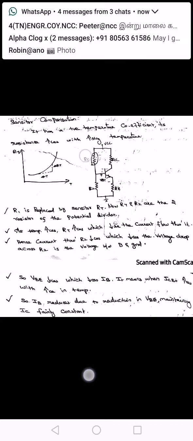So here the voltage increases, which means the voltage drop across the R2 resistance decreases, because we know when the voltage is high in one particular place, the voltage drop across the next resistance becomes very low. So this voltage drop across R2 is reduced. What happened? This voltage is nothing but VBE. So VBE is also reduced. It automatically reduces the base current. Then automatically the collector current is also reduced. In that way we stabilize and keep the collector current constant.